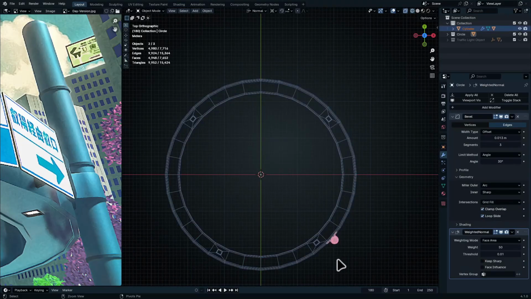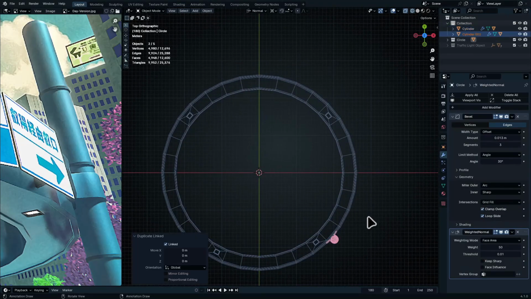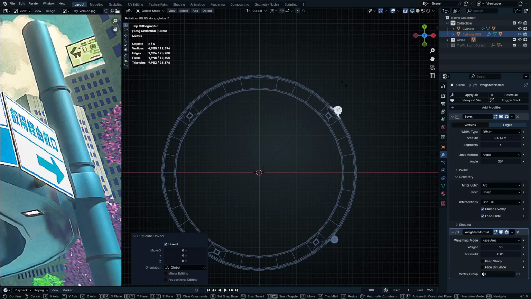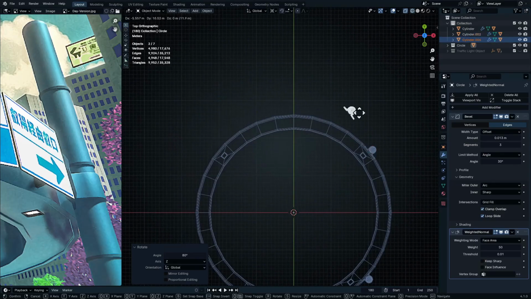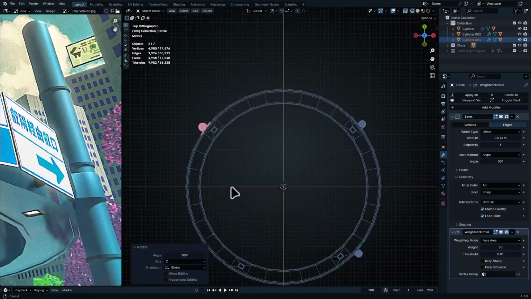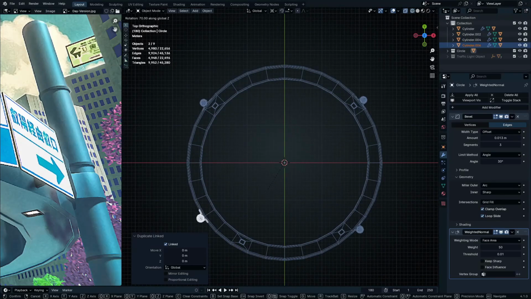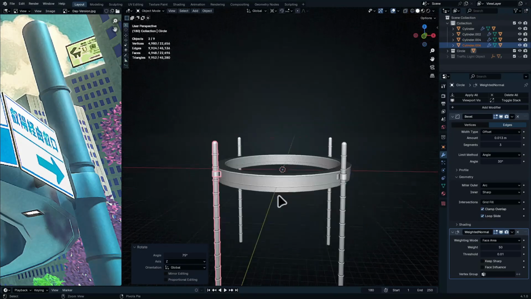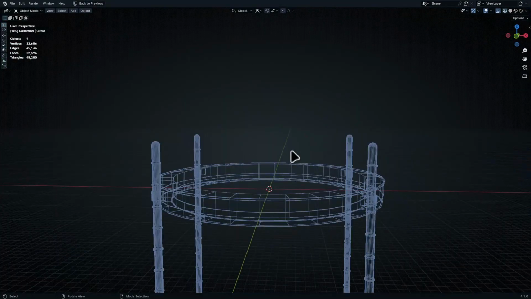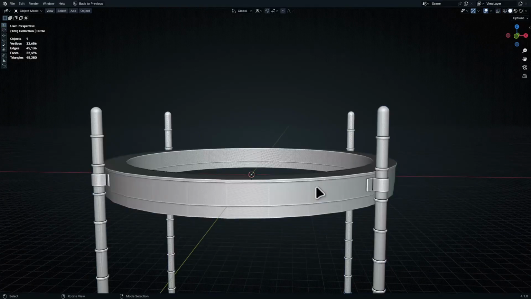And now you can select them again. Alt D, pivot point, 3D cursor, and global transformations. R Z, and rotate it like this. Alt D again. R Z, rotate it by holding Control. Maybe align that with this light. And Alt D again. R Z, hold Control. I believe like this. Look, yeah, these poles will hold this one, and this one you can